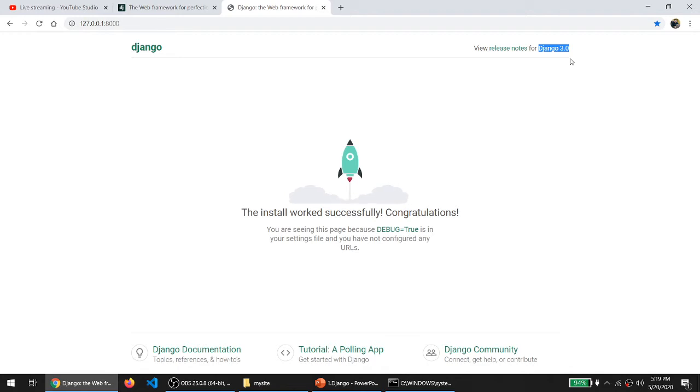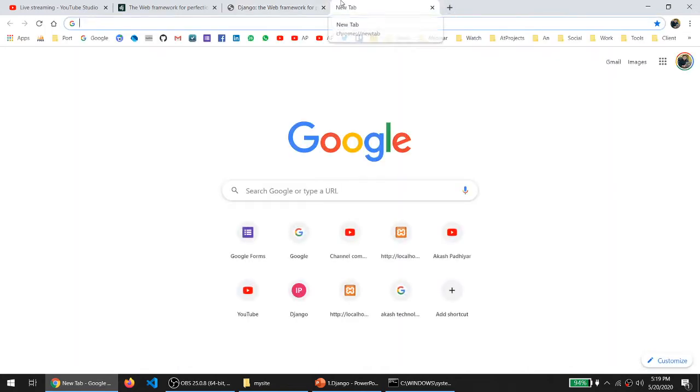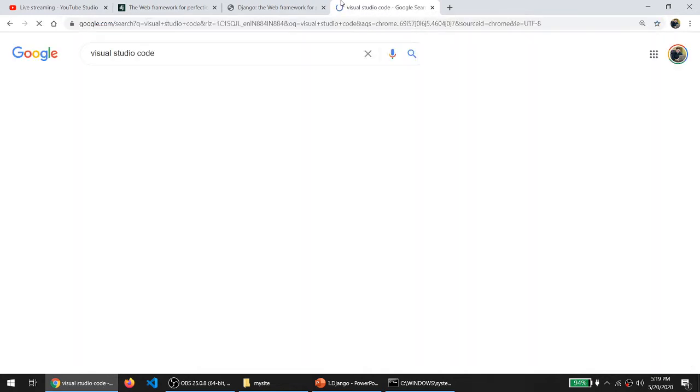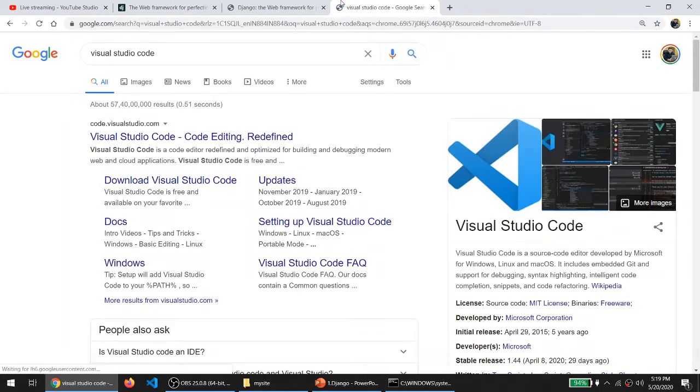So what is the next step? The next step is the editor. Right now I'm using VS Code. If you want to download the VS Code editor, just go to Google and search for Visual Studio Code. Visual Studio Code is available free of cost.